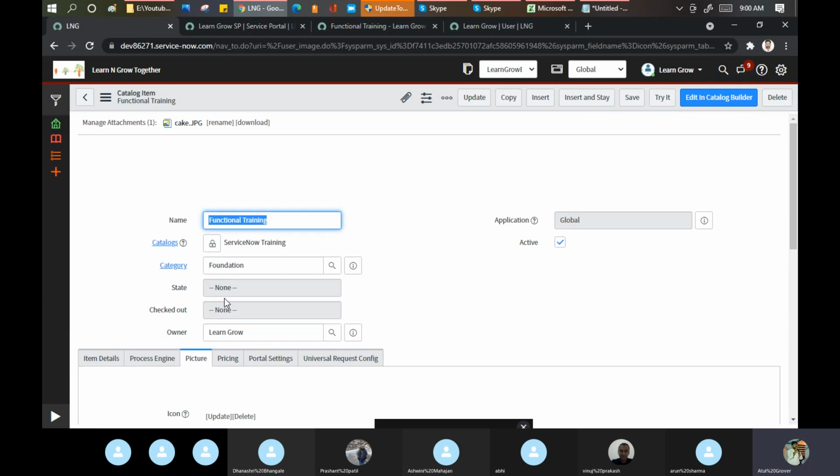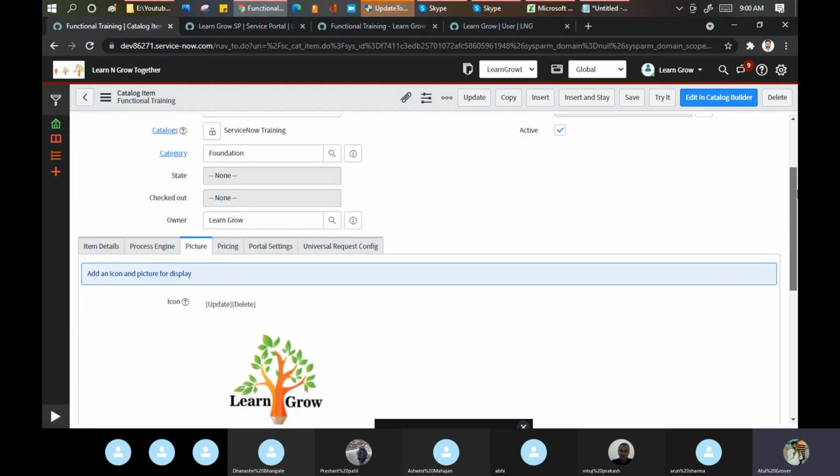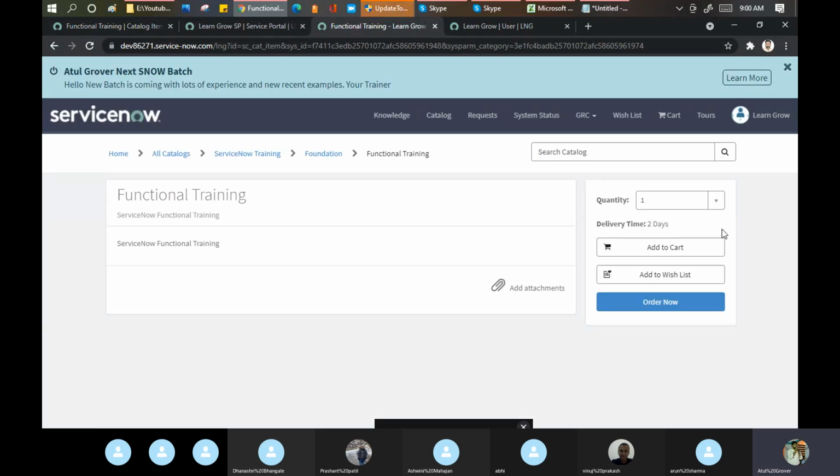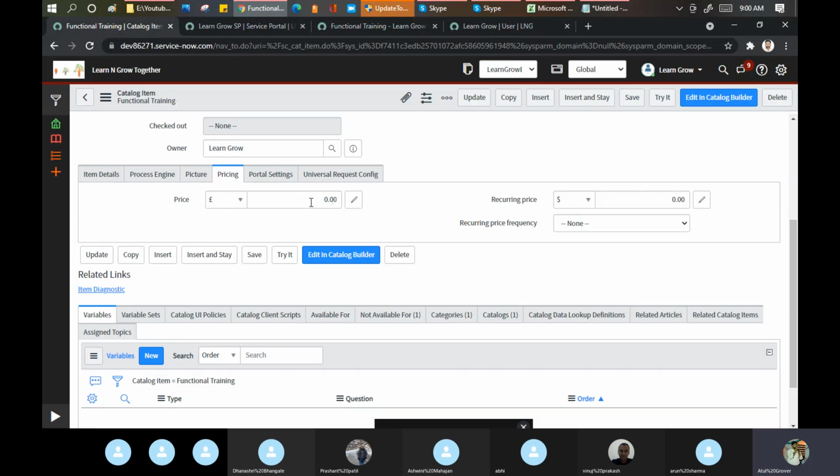This one, pricing. Here it is. There are no prices coming, right? Let me show the price here. In which currency do you want to put a price? I say I want to put it in dollars. Okay, how much? It's $1. Any recurring prices? See, basically, these things you need to discuss with your customer: do you want to put any pricing on the portal or not? Recurring, I say only $1.